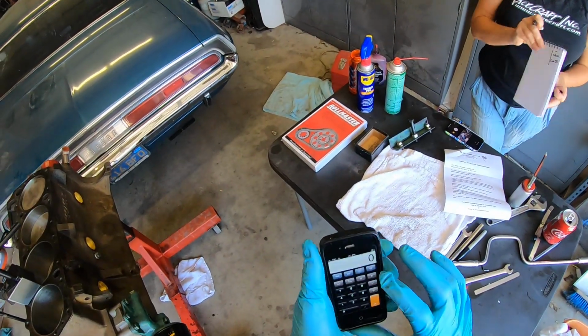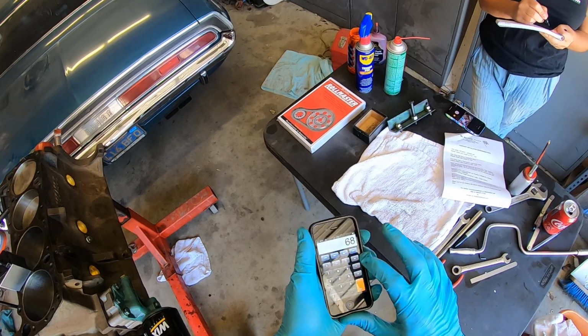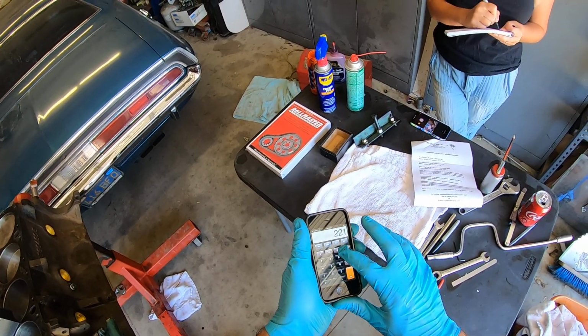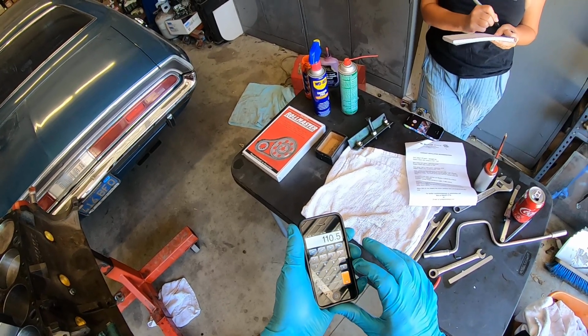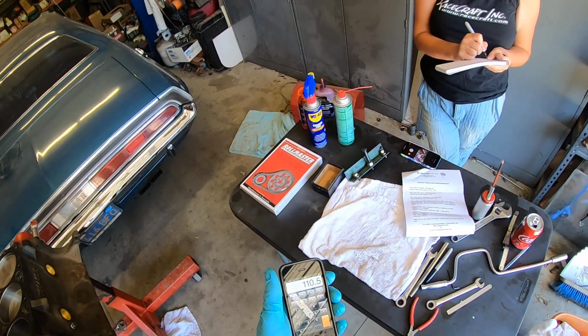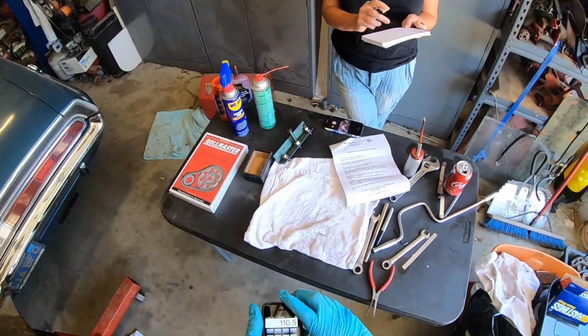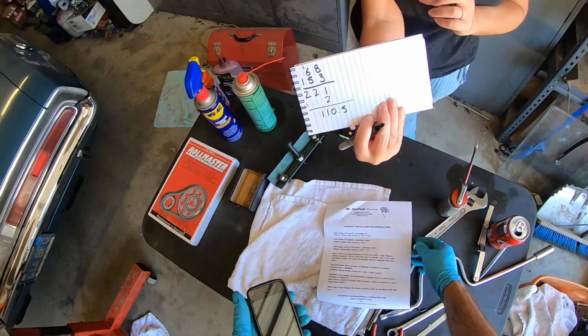So we're going to add 68 plus 153. We're going to divide that by 2. And that gives us our intake installed center line of 110.5, which on this camshaft, 110.5